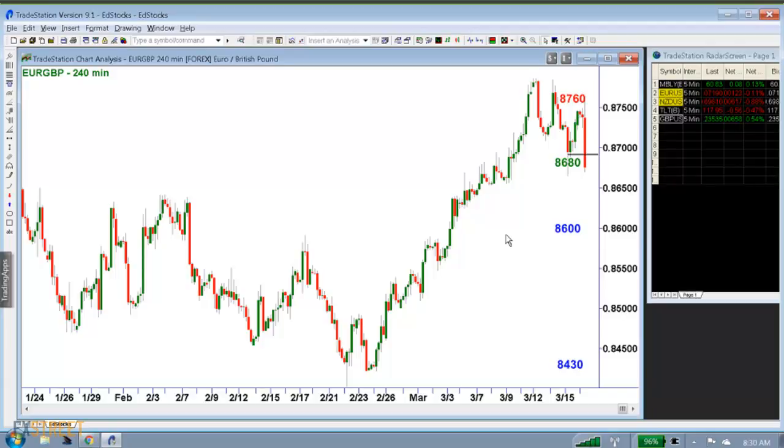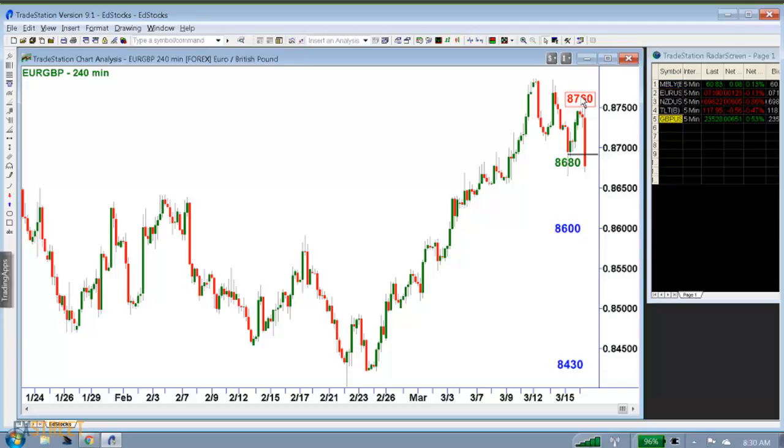I could just go with 2 targets, and that's fine. I could close half at 86.00, and if I hit 86.00, I'll move the stop down so that I have a break even, and then I'll shoot for the rest. This way, if I can just hit the first target and then bring the stop down to break even, I know I have a winner. And there's no question about it.